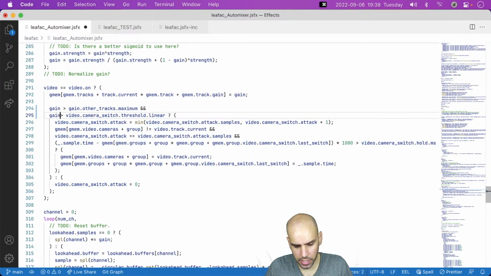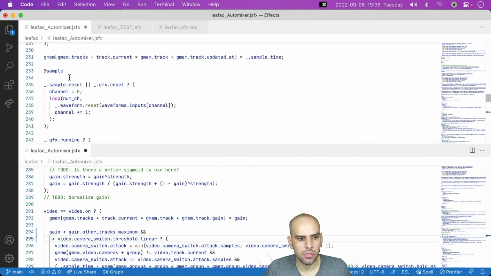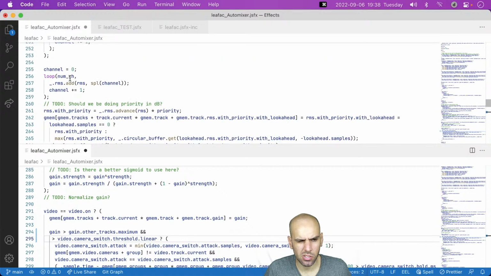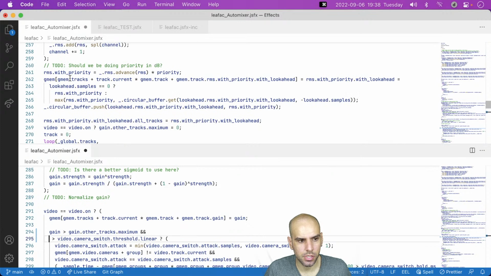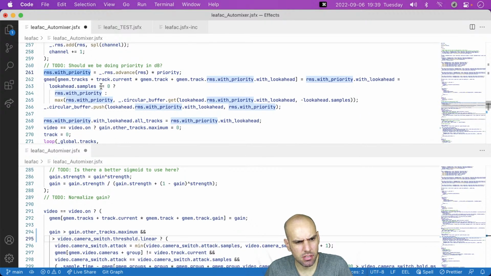So we will not be looking at gain. No, sir. Gain is the wrong thing to look at. We will look at something else. What will we look at? I think it's called RMS or something. It's really stupid. Do we want to look at that with priority? I want to say yes. Yeah.